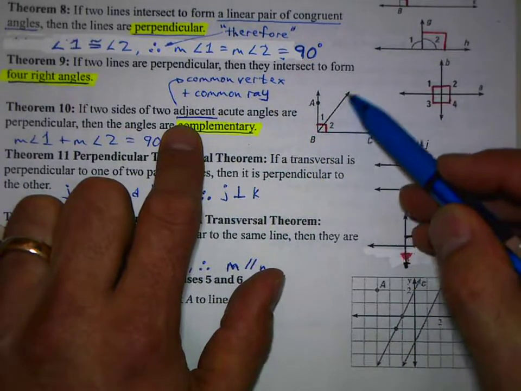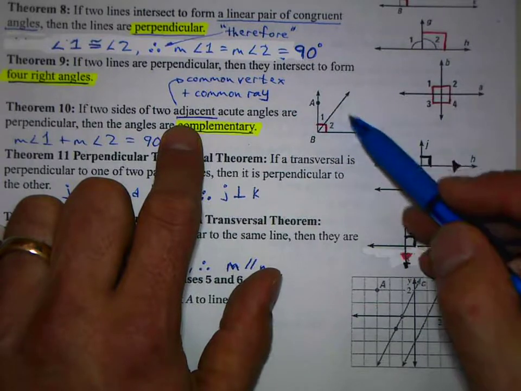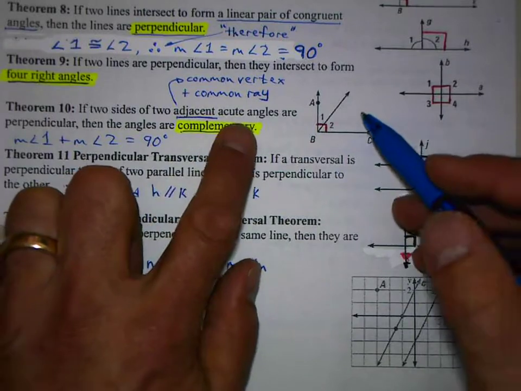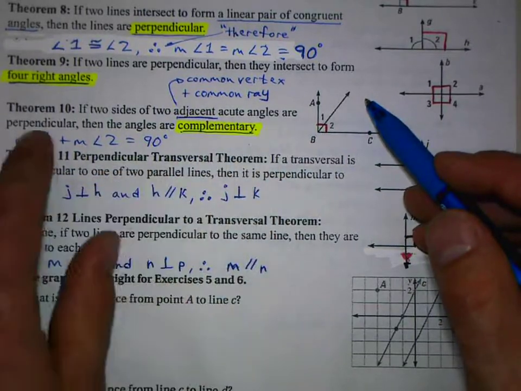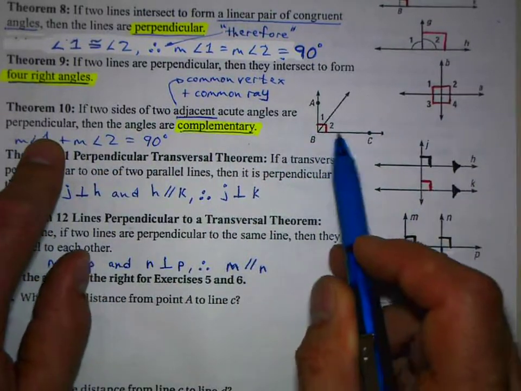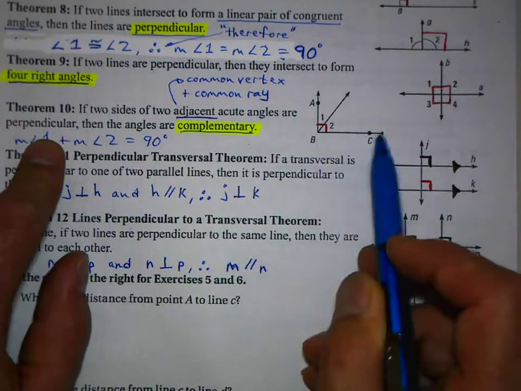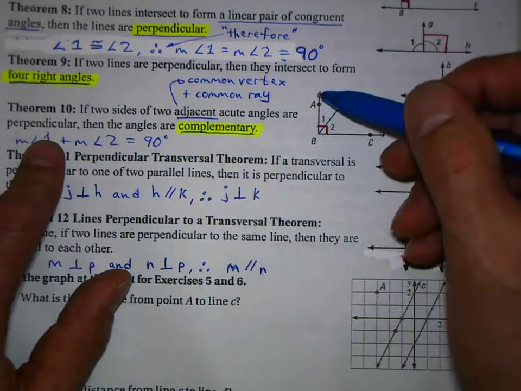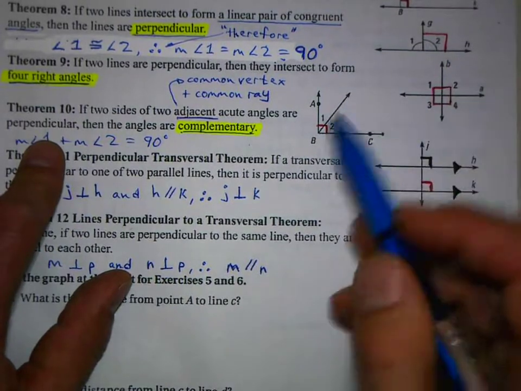So here's your common ray between these two adjacent angles. So if two sides of two adjacent acute angles are perpendicular, so now they're saying this side of the adjacent angle and this side of the other angle that's adjacent, these guys are perpendicular,